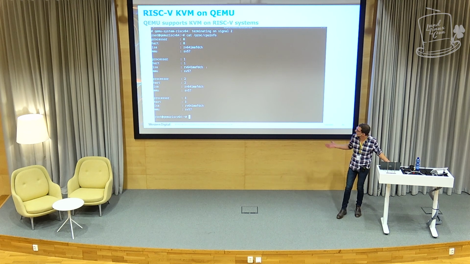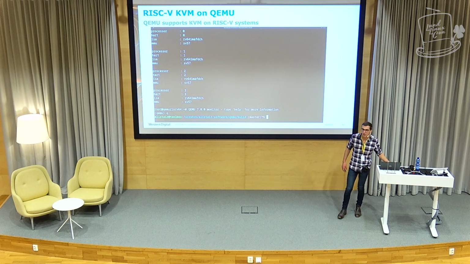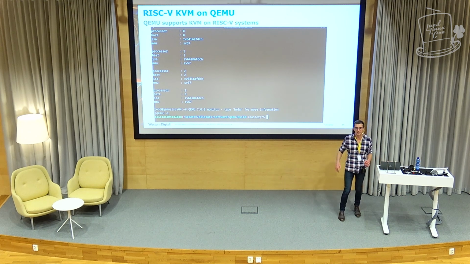Oh, exiting out. So this is back to my 4.1, and then I'll quit. Oh, and this is QEMU 7. So this is released. This is not my fork. This is not some vendor tree. This is what has been released, what's enabled. If you DNF install or Pacman install, this will be there.